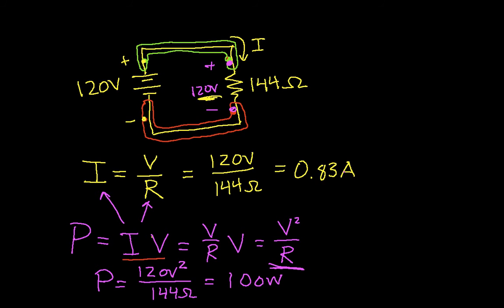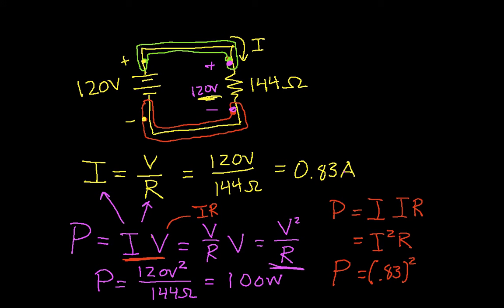And I do that by starting with this expression, and rather than substituting in V over R for I, I can substitute in for V, I times R. So I have power is I times V, but for a resistor, V is I times R. So the power is I squared R. Okay, so again, the power in my light bulb is I squared,